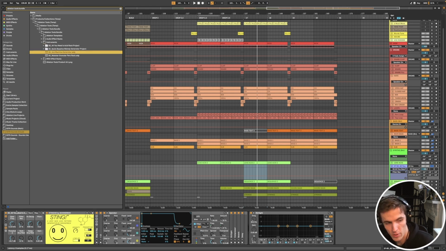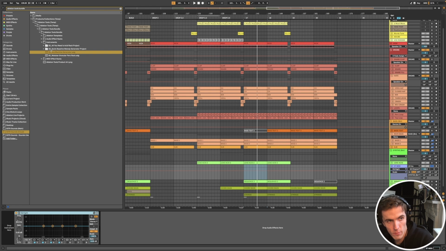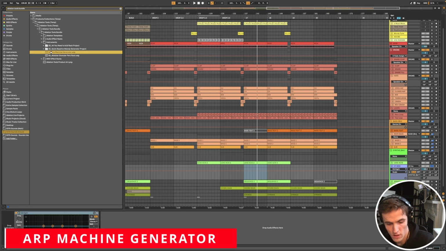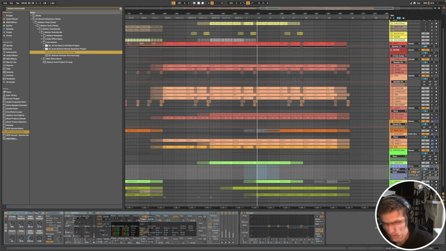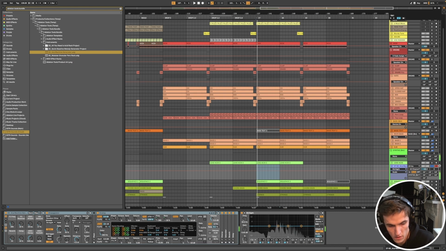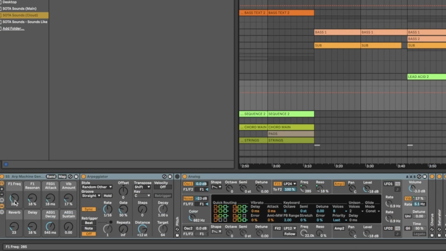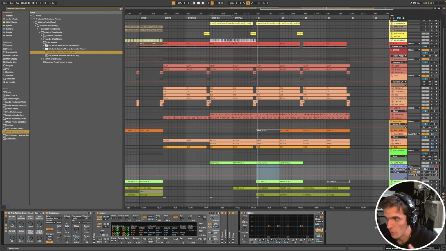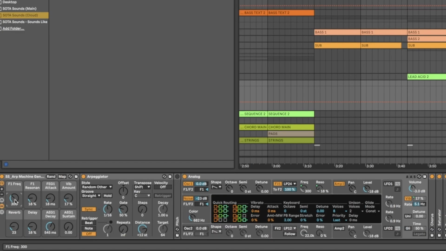I've used the same principle for this one, but it's an Arp plucky sound. So I'll just play a chord or something. So if you want to integrate an Arp sound into your project,